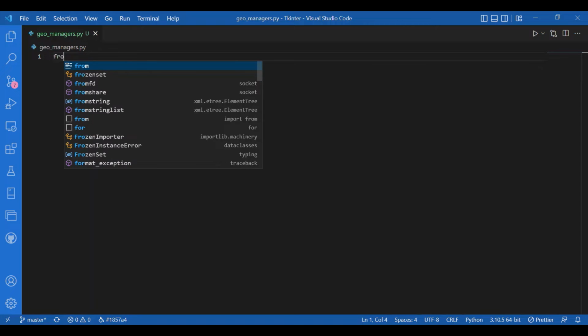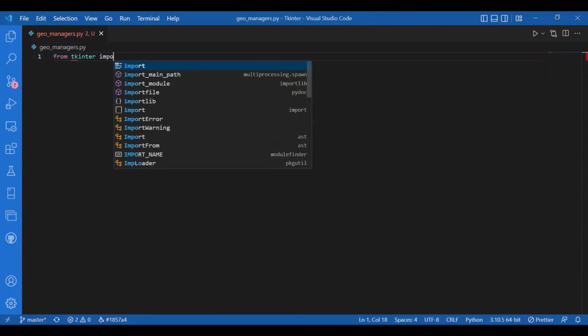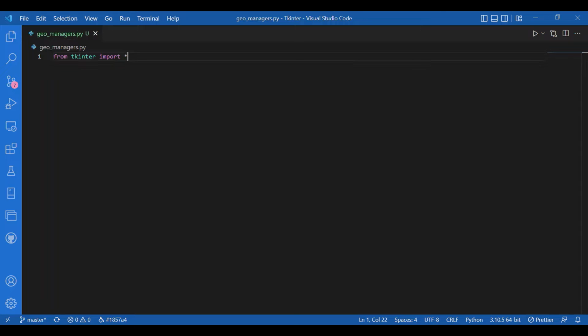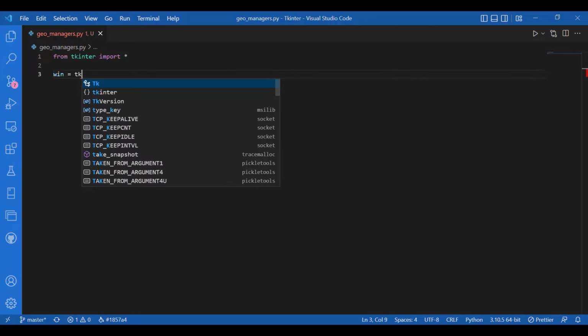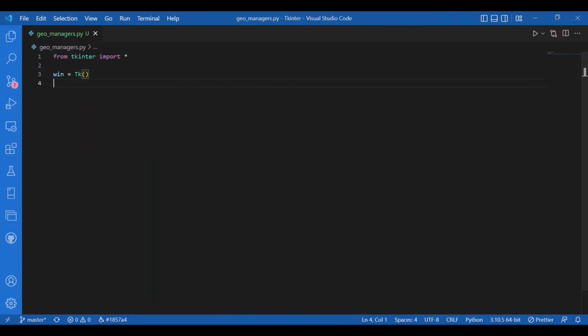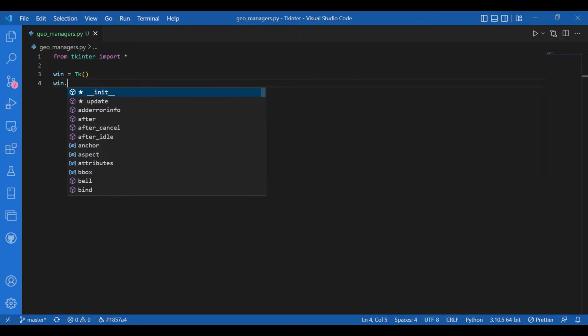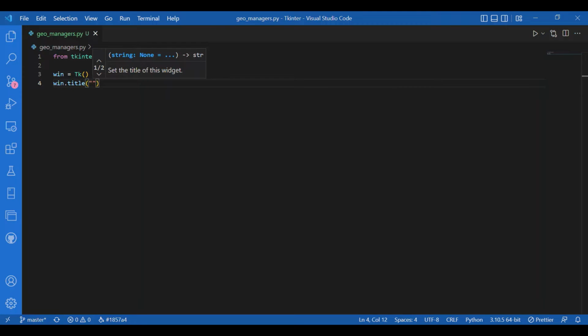So from Tkinter I'll import star, then I'll get my window, I'll write win equals Tk. I'll also give in a title, so I'll write win.title and let the title be geometry managers. Okay, then I'll get the widgets. So for the widgets I'll get some frames and I'll pack those frames. So I'll have my frame 1